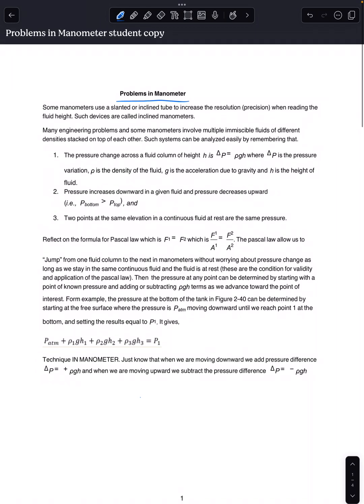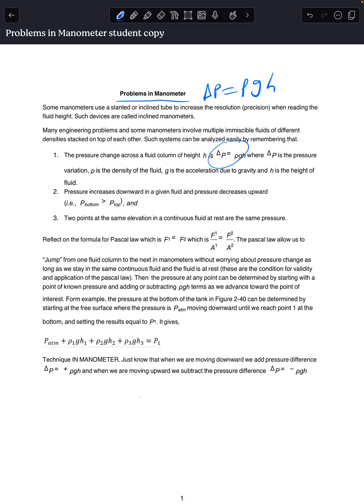So let's see what is going to happen here. For a manometer, we have three things to pay attention to. The pressure change for a manometer is calculated using this formula. So the change in pressure for a manometer is calculated as what? Density of fluid, acceleration due to gravity, and the height of fluid. So that is the formula for pressure difference, or you may call it pressure variation, or you may call it